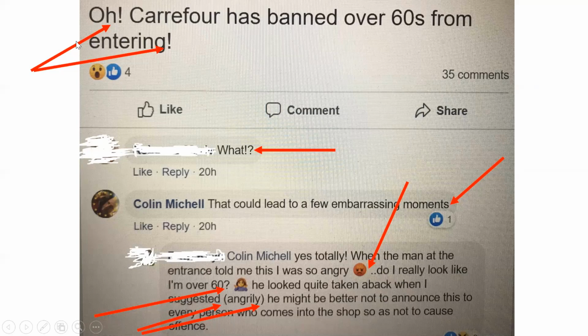We can actually see that the original poster here has got "O" and then an exclamation mark and another exclamation mark. Nothing unusual about that, but one could say it could be unusual that they would have "O" exclamation mark straight away. Why not just "O" and then carry on, or "O" comma? So that could put this on. If we move down to the next one, you can see there's a rather interesting use of punctuation, where we would have an exclamation mark and a question mark together.